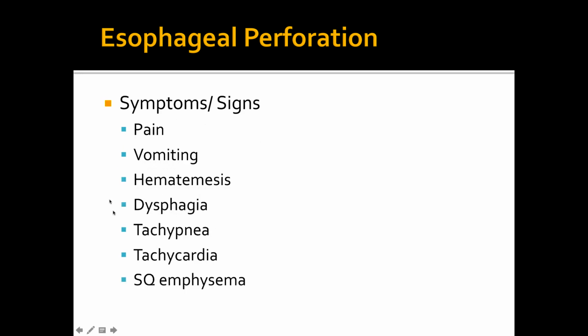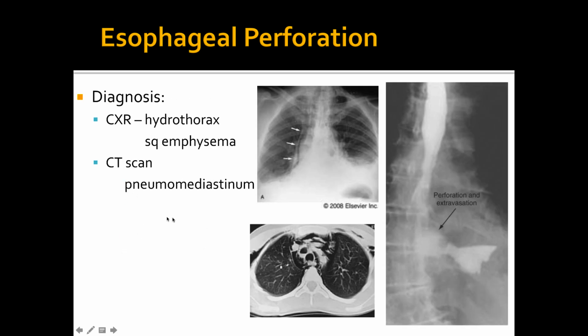When patients have perforation, they'll have a history of vomiting, maybe some blood coming up. They'll have a septic picture. They'll be tachypneic, tachycardic, and if you examine the chest wall, they'll have subcutaneous emphysema, or the Hamman's crunch, as we describe clinically. When doing your imaging studies, you can actually see